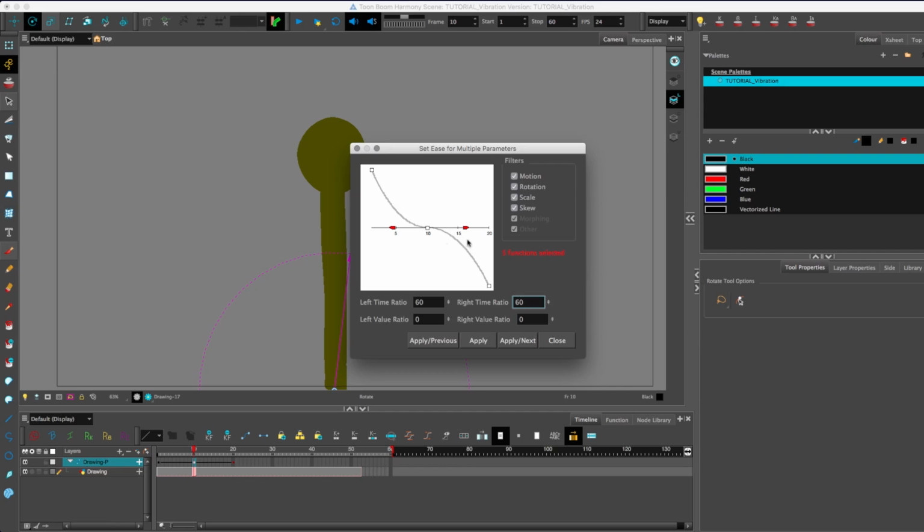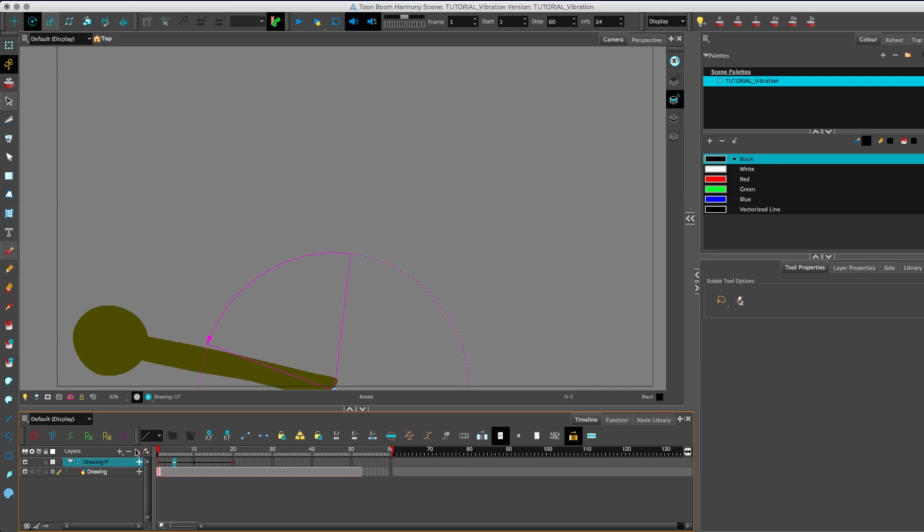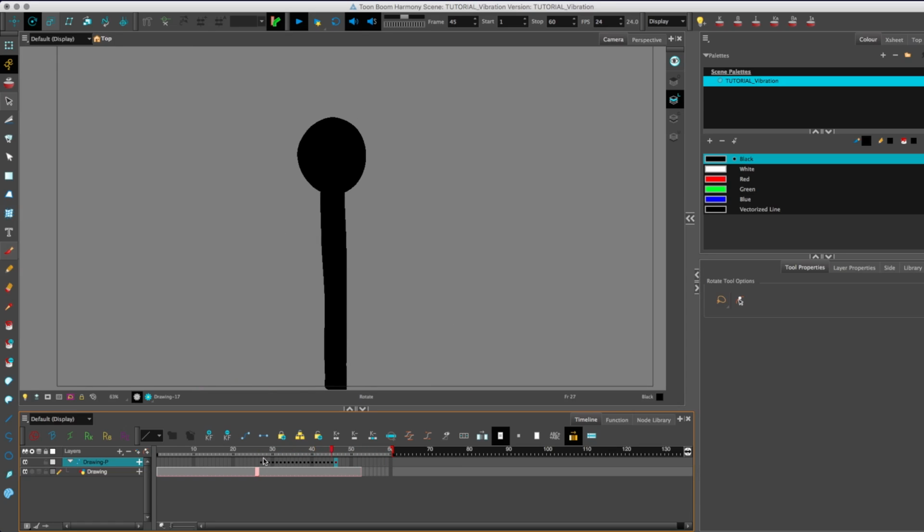Hitting apply, you'll see the chart change to this. And watching it play, you'll see it slows down and speeds up. Repeat the same steps as before. Putting keyframes into each one means we can now transport each of those positions to somewhere new. And repeat exactly what we'd done before. Cutting from the ends and pasting them from left to right. There we go. That looks much better.